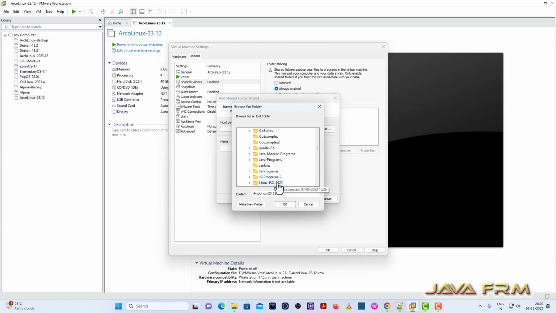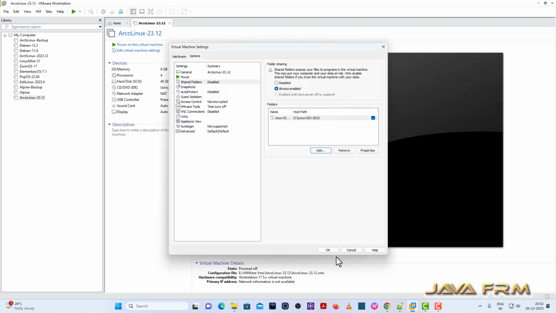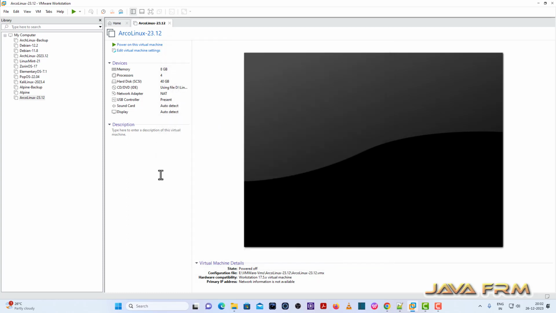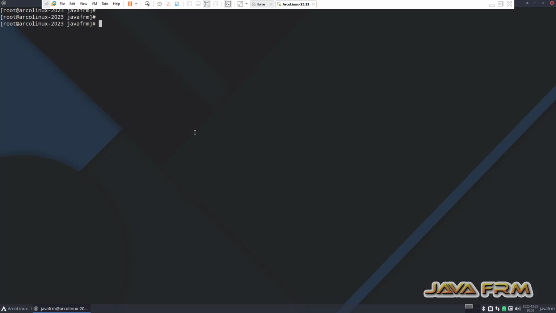So it means that I am going to mount one folder from the Windows source machine to the Arco Linux virtual machine. Enable this share. Okay. So after restarting the machine,